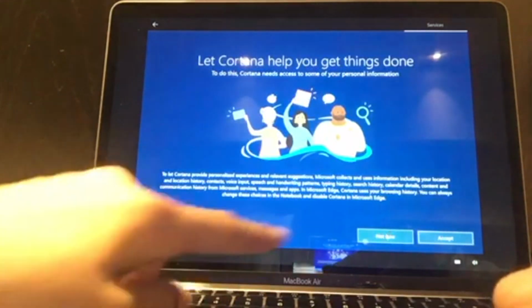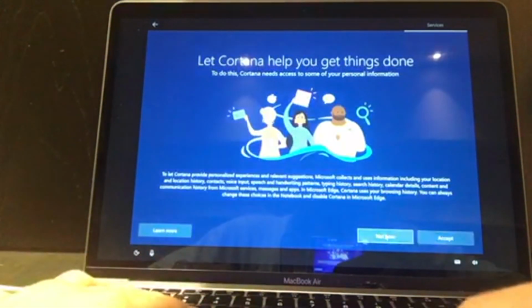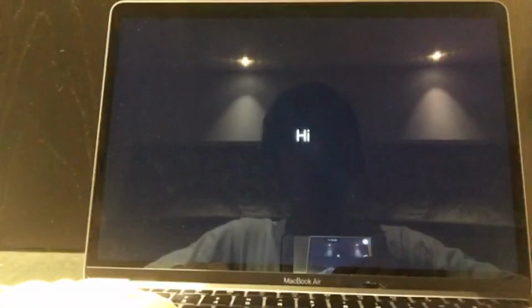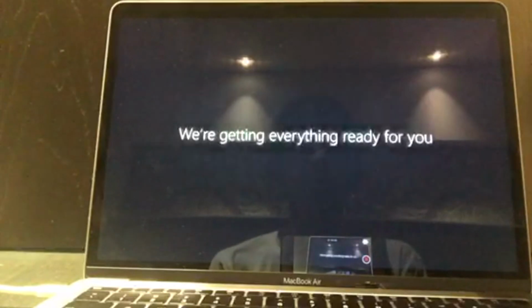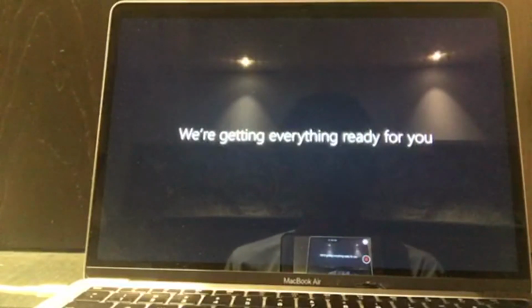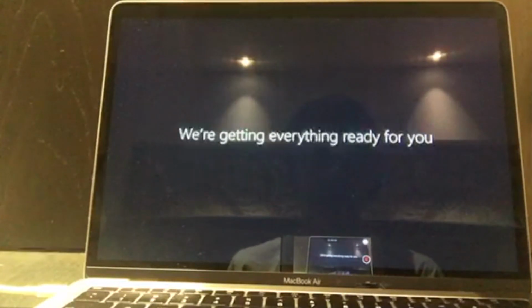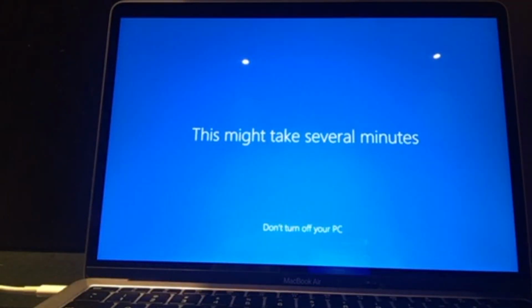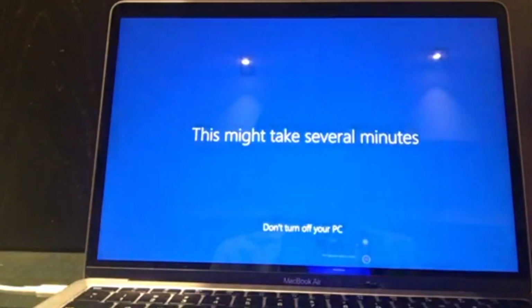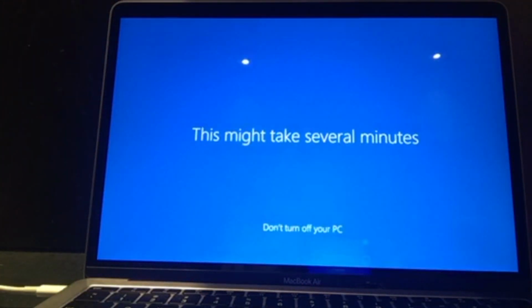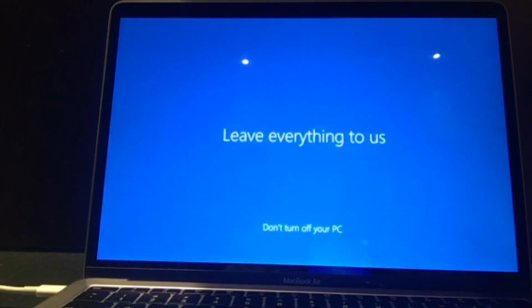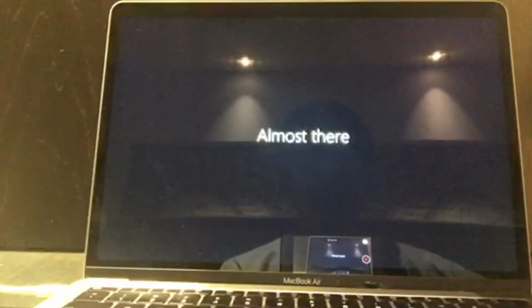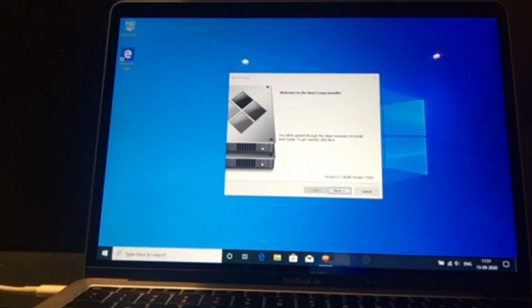In order to enable Cortana, you have to sign in, so click on not now. Congratulations, now you have successfully installed Windows 10.